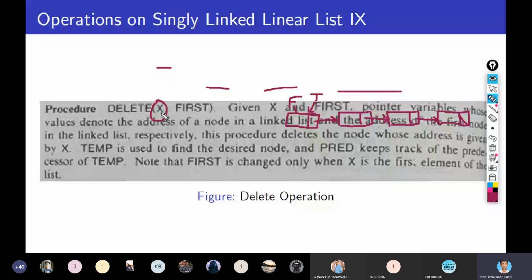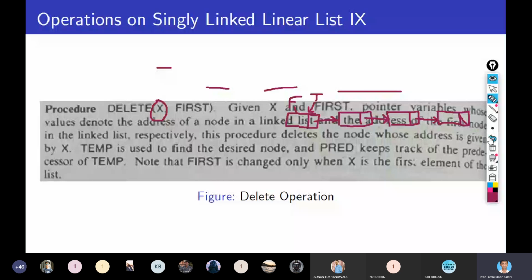X is the address of the node to be deleted. You can also develop an algorithm which deletes the node whose information part is X, that you can consider as homework, or in the exam it may be asked: write an algorithm which deletes a node having the information X. Here, particularly in this algorithm, we are considering X as a pointer to the node which is to be deleted, right?